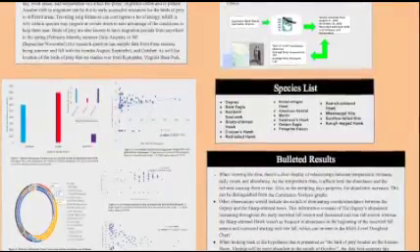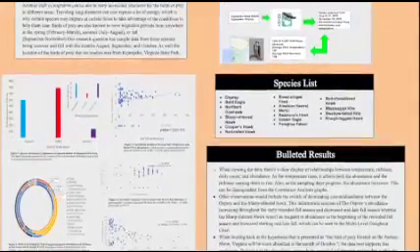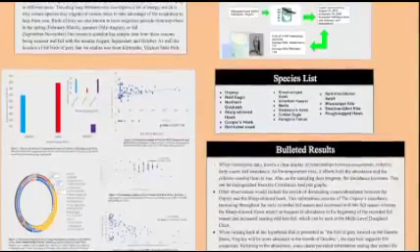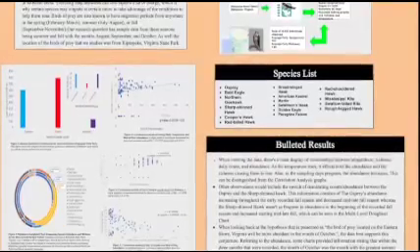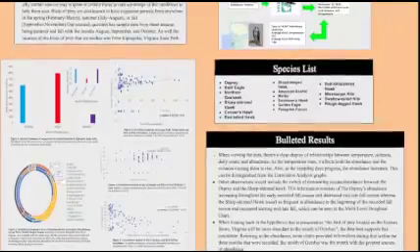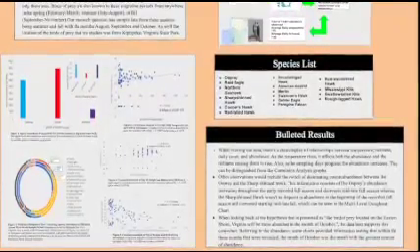Regarding the results, when viewing the data, there's a clear display of relationships between temperature, richness, daily count, and abundance. As the temperature rises, it affects both the abundance and the richness, causing them to rise. Also, as the sampling days progress, the abundance increases. This can be distinguished from the correlation analysis graphs.